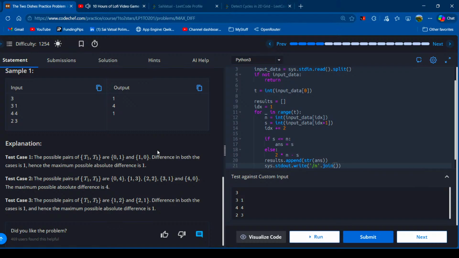Join the results. So previously we gave results, so that's if they gave result we can